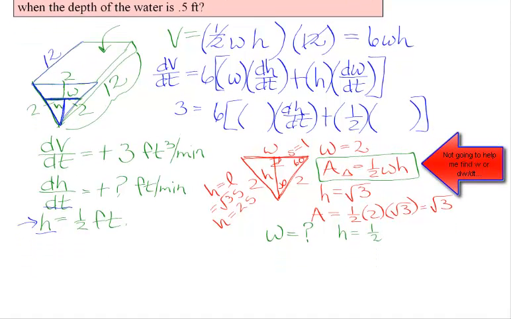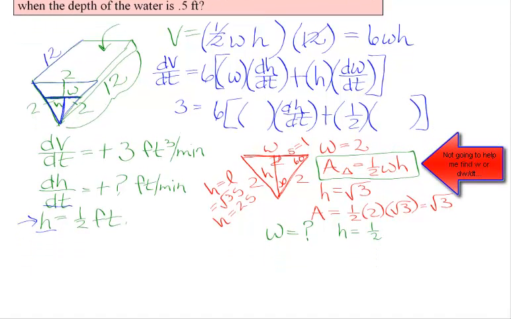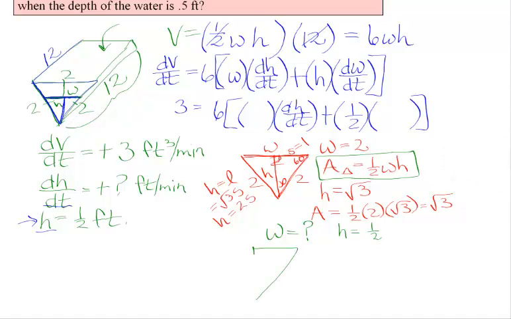So I'm going to give myself more space, and I recognize that I am in a right triangle where I know all of the measurements around that right triangle. That's this right triangle right here. If that's true, then when h is 1/2,